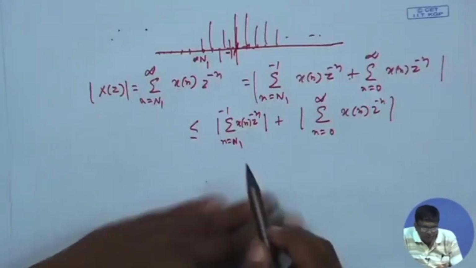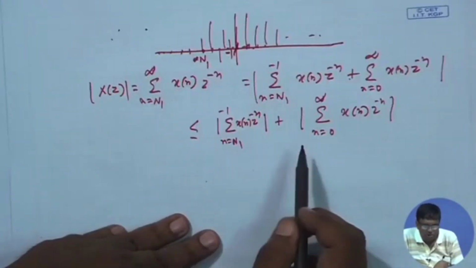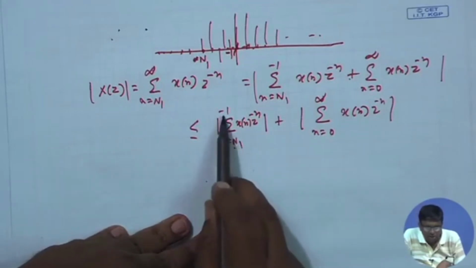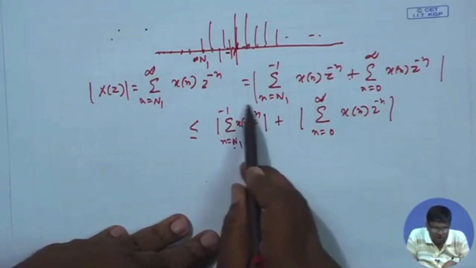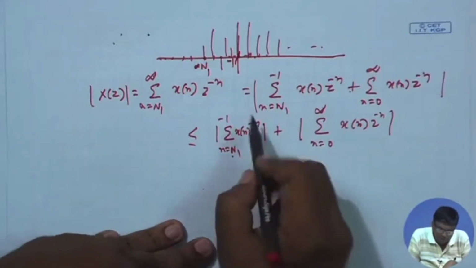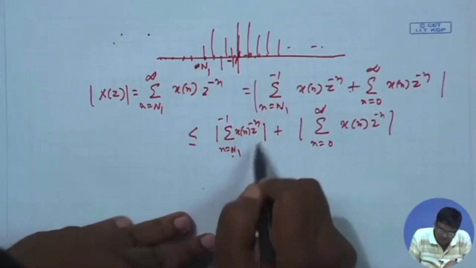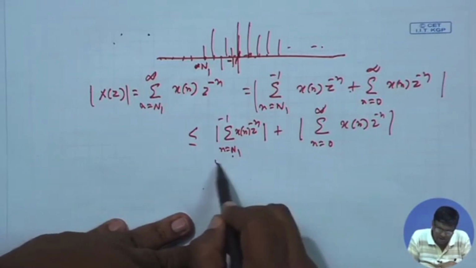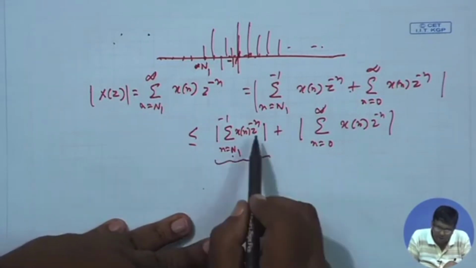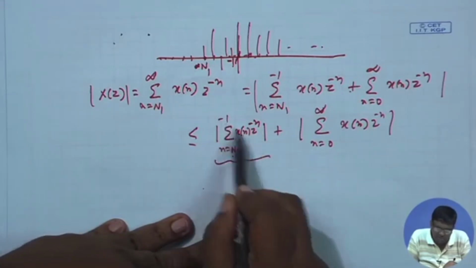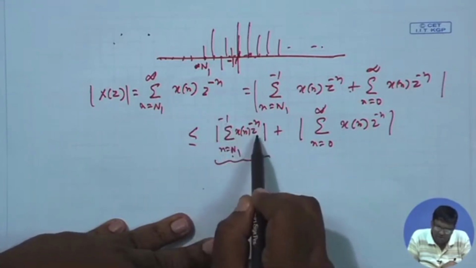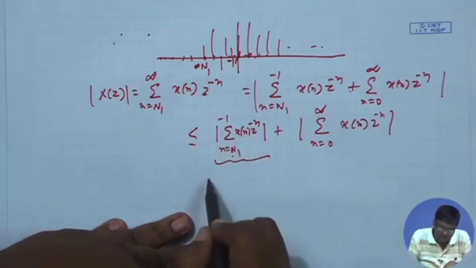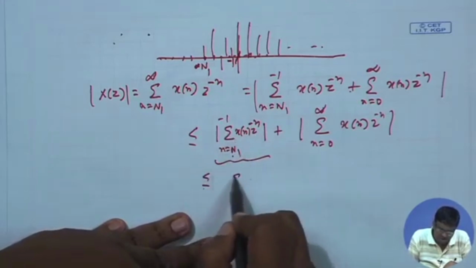This part is a finite duration sequence. We have already considered them from some negative index n 1 to another negative index, minus 1. So, this will always exist, except for z equal to infinity, because n is taking negative values, so it will be plus n. When you break it further, it becomes